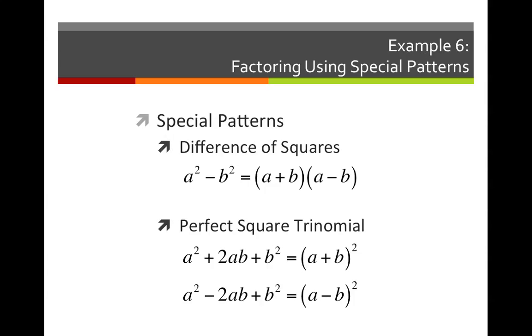Alright, finally, I know people don't like to memorize these special patterns, but if you can memorize them and if you can recognize when they happen, they're like shortcuts. You don't have to go through the work of figuring out factors of something that add up to something else and trying to figure out what the factors end up being, what the binomial should end up being. You can simply use the pattern to get the factors that you want. So it is worth a little bit of effort to memorize and recognize these patterns